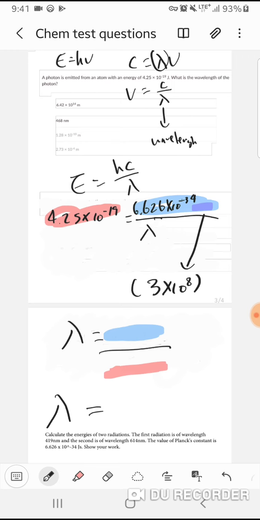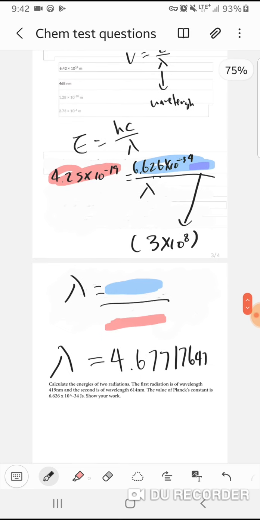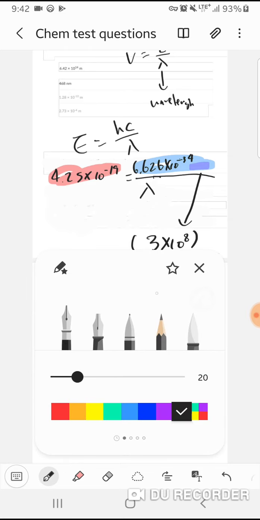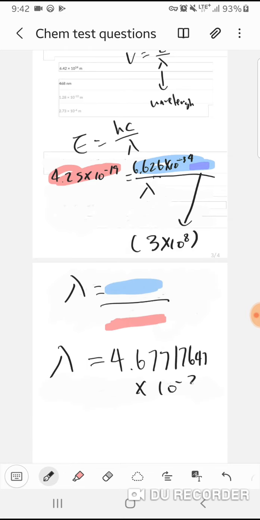That should be alright. Okay. Oh, I put the wrong number in. Okay. Divided by 4.25 divided by 10 to the negative 19th power. So that's 4.677176647 times 10 to the negative 7th power